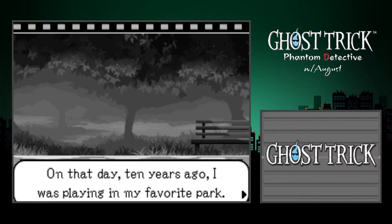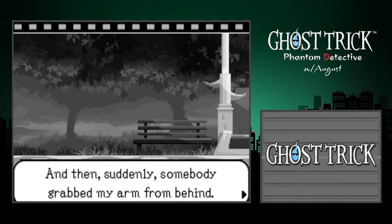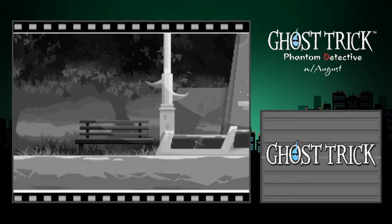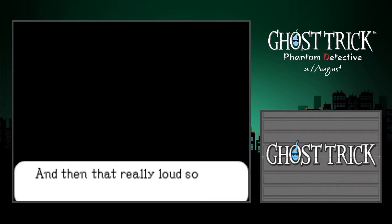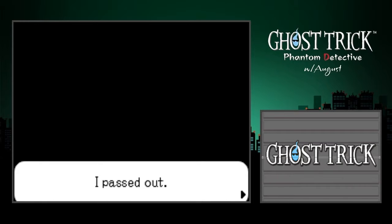On that day 10 years ago, I was playing in my favorite park, and then suddenly somebody grabbed my arm from behind. I was so scared, I thought I was going to die. And then... he appeared. Detective Jowd. And then that really loud sound, I think it was the sound of a gun. I passed out. When I came to...